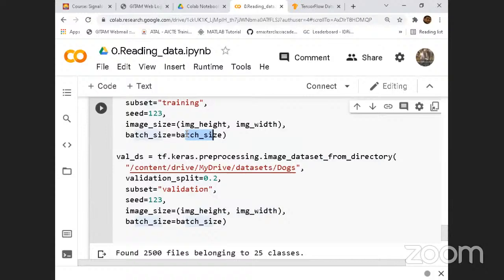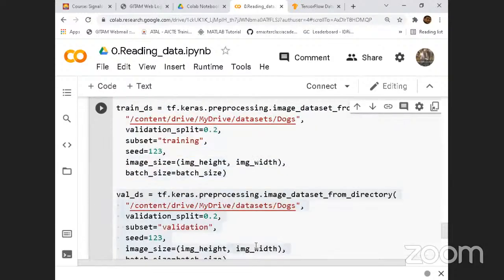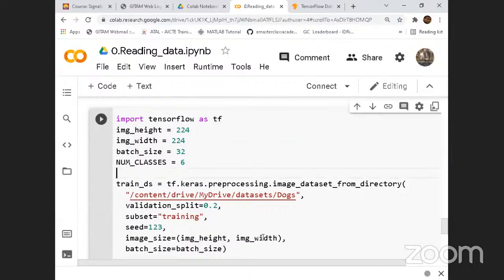Batch size, it has to select that many number of images at a time. So for the validation set, it can fetch 2500 files, with 2000 files prepared for training and 500 files prepared for validation. So this cell will be used for quickly reading the data